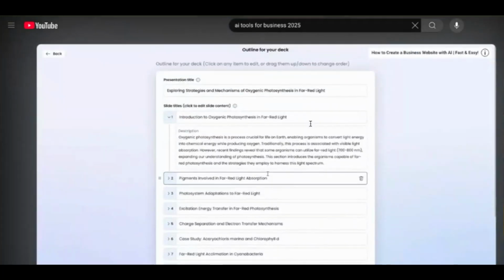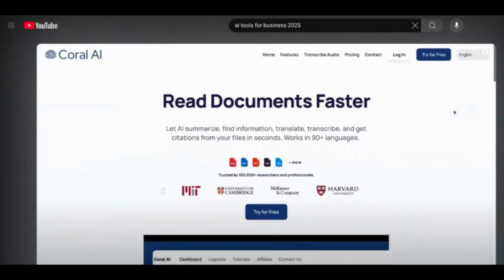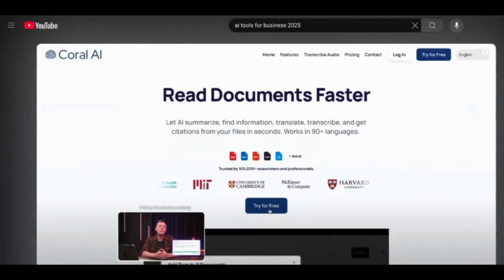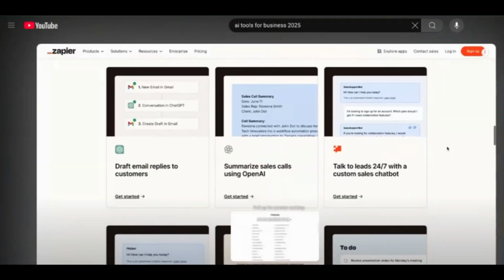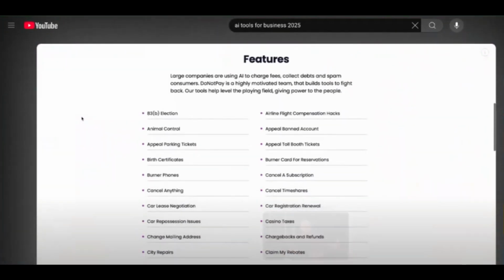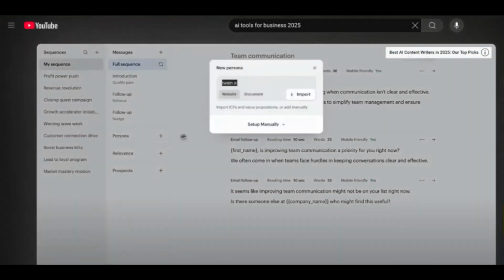AI tools. So what he's doing in this video is basically going through different AI tools. I can see the chapter Coral AI, hosting your website. Okay, Zapier. So he's highlighting all these different tools people can use that incorporate AI and are related